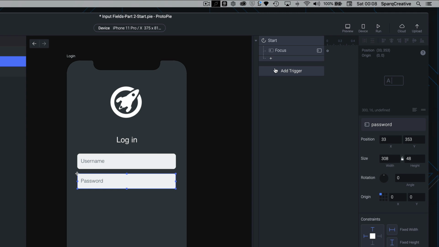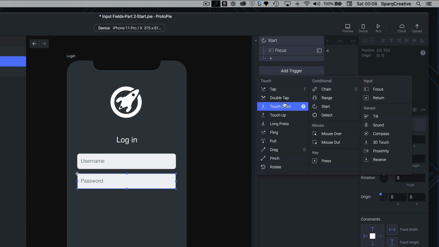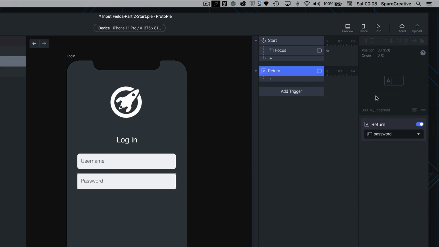So we're going to add another trigger, and we want this to trigger when the user hits the return key on the keyboard. So we're going to use the return trigger, and by default it's set to password, so we're going to use that field. That's the field we want to use. That's good. And we're going to add our first condition,